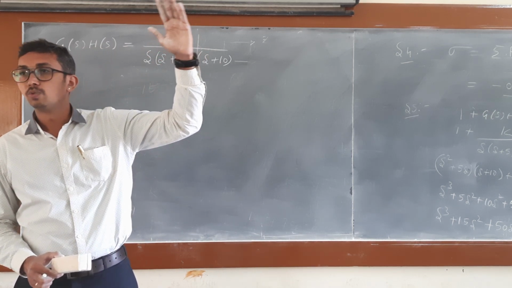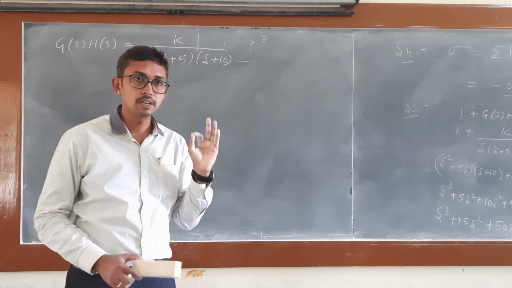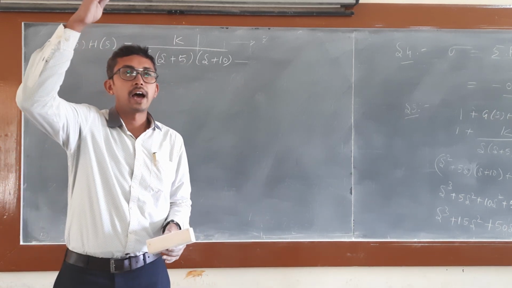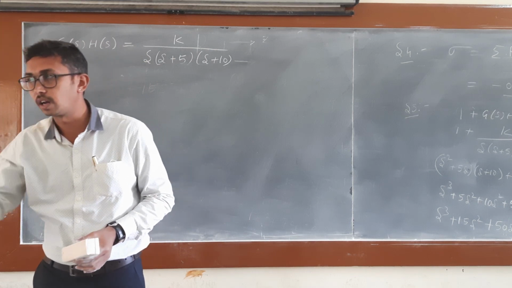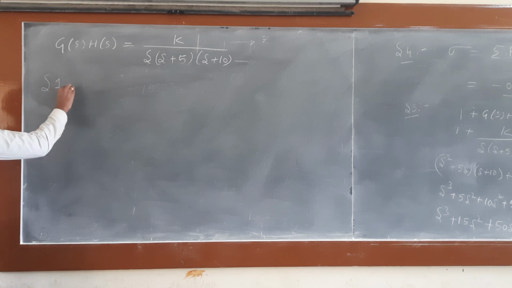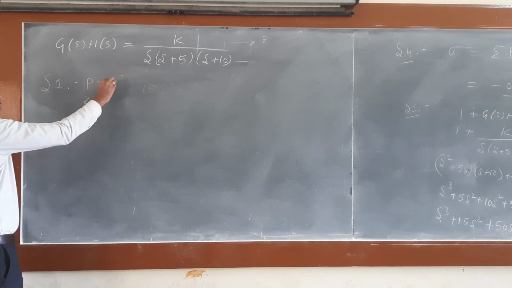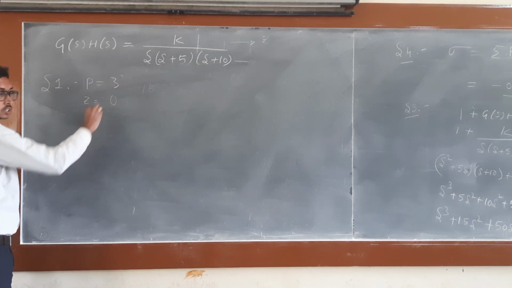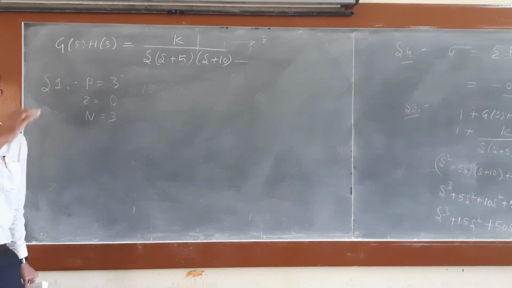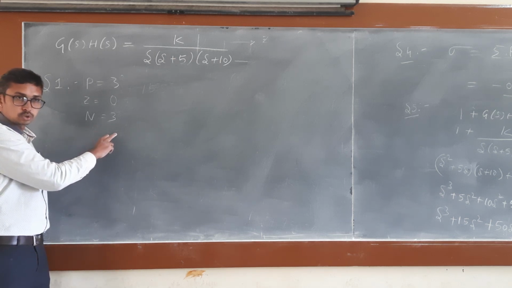Next, what is step number 8? Combine steps 1 to 7 and draw the root locus. That is step number 8. To draw the root locus, we need the data, so we need to summarize what we did. What is step number 1? What data did we get? We got the number of poles and zeros: poles is equal to 3 and zeros is equal to 0. So the number of branches is equal to 3. I am just going to summarize; I am not going to explain it once again.